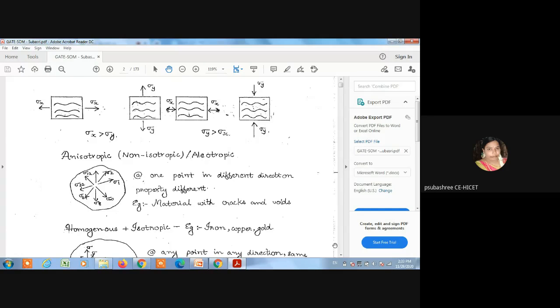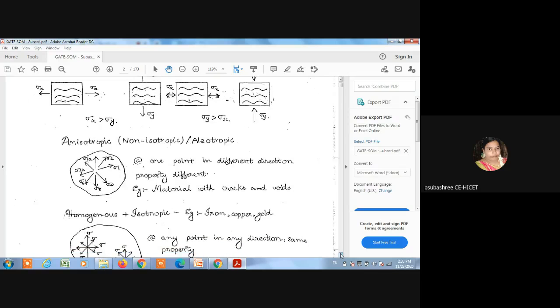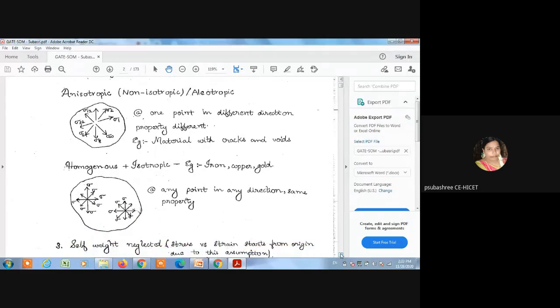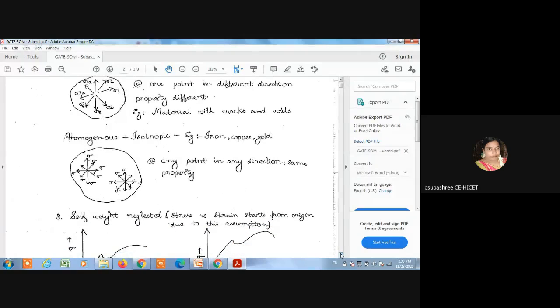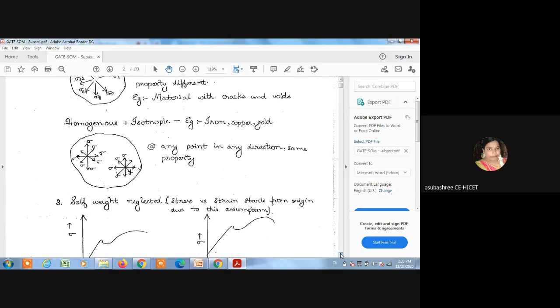Homogeneous plus isotropic means the material is homogeneous, and isotropic means